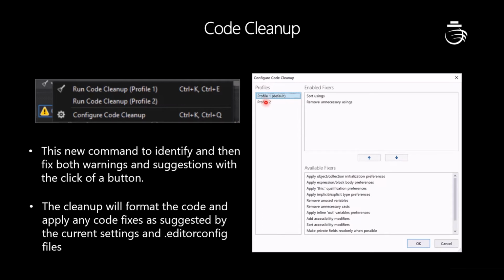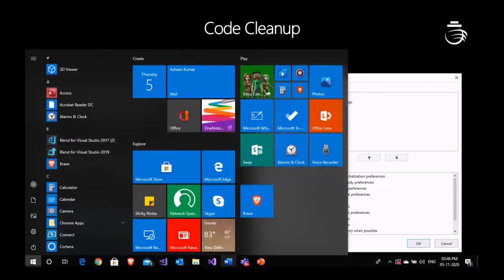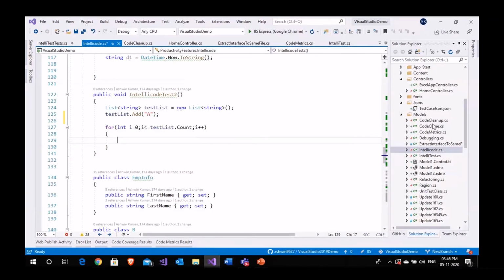If you are working on two different projects, you can use one profile for one project and profile 2 for another project. It makes it easier for users to clear warnings and suggestions as well. We'll go back to Visual Studio and see the demo for code cleanup.